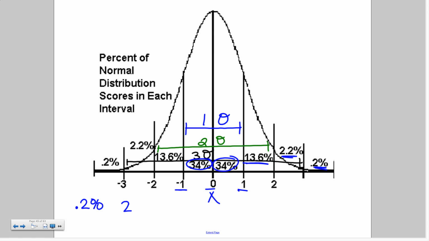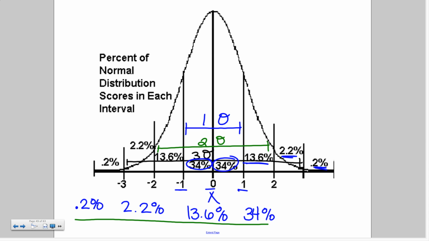Then you're going to have 2.2% for anything between 2 to 3 standard deviations higher or lower. Next, you're going to have 13.6% for everything within 1 to 2 standard deviations higher. And then the last one is going to be 34%, and that's going to be within 1 standard deviation higher or lower. If you can memorize these four numbers,